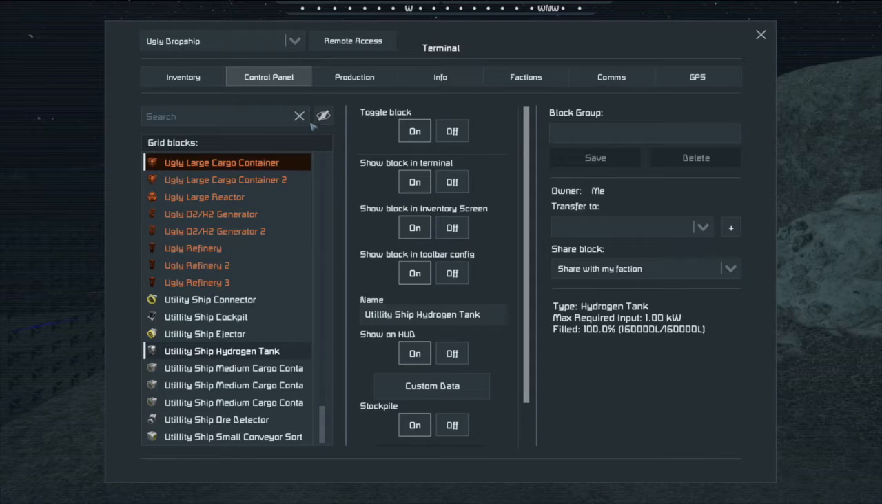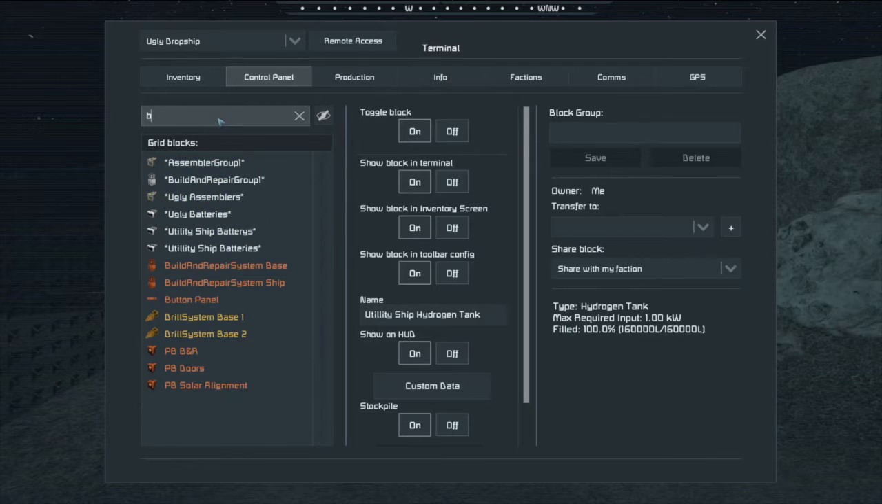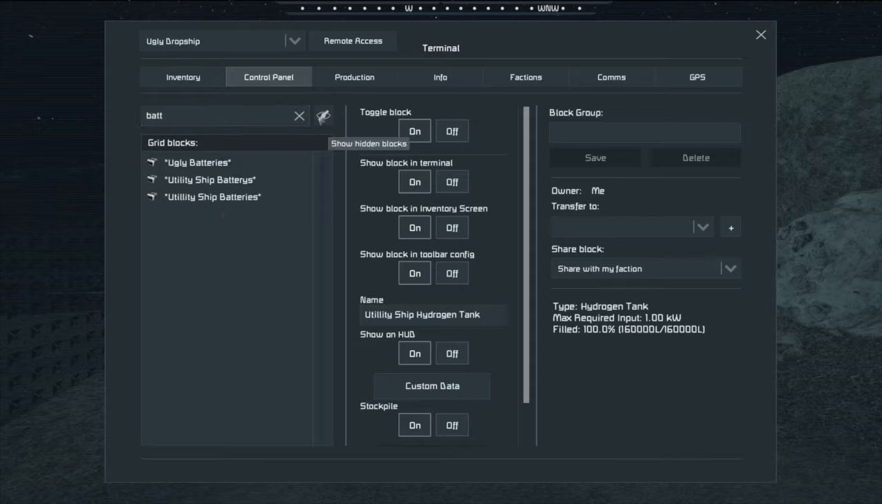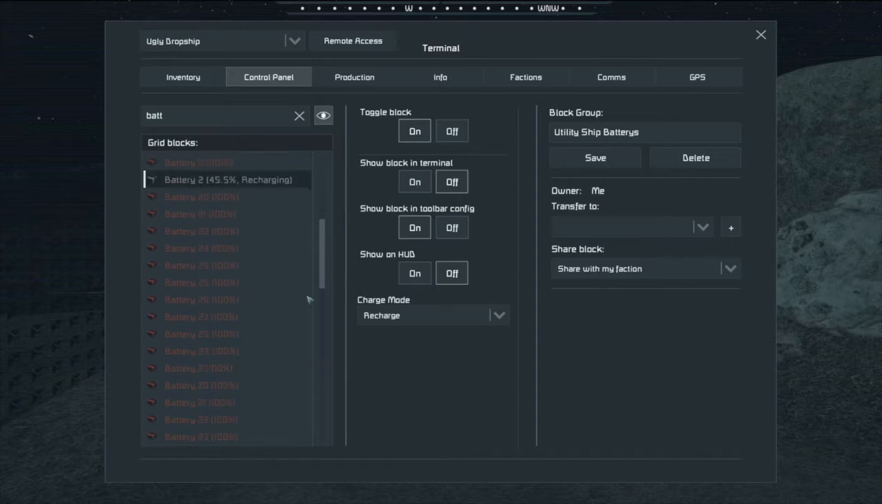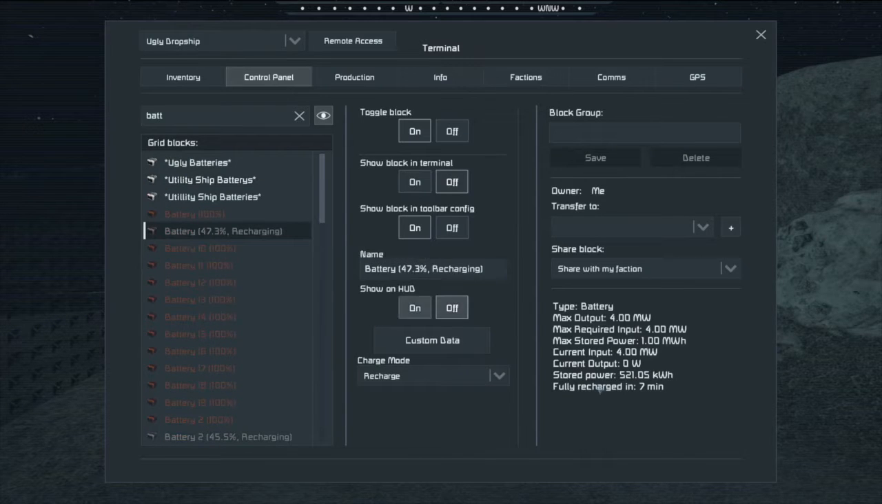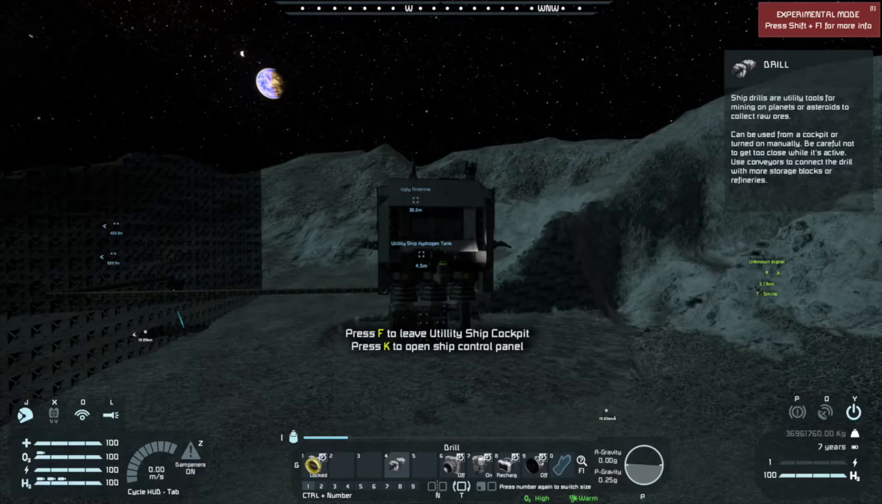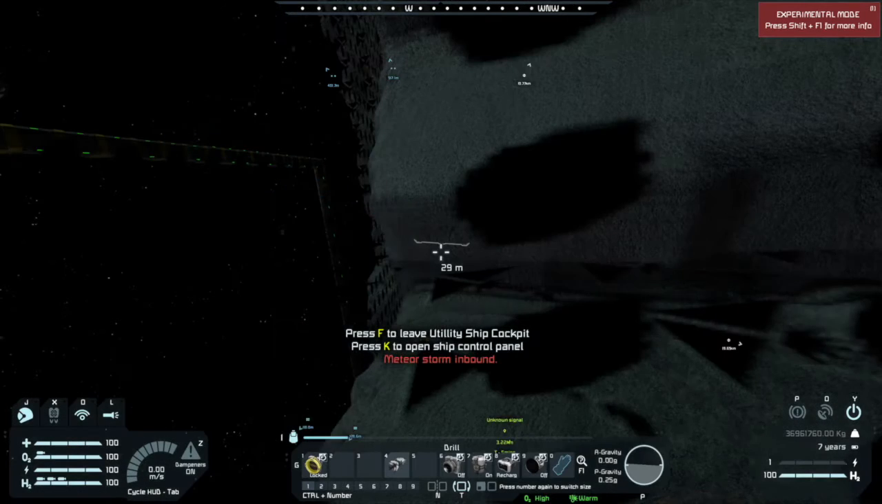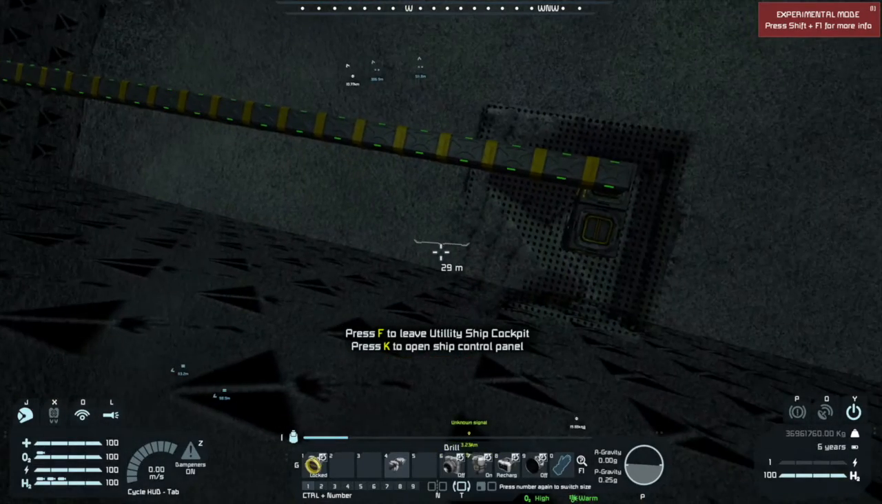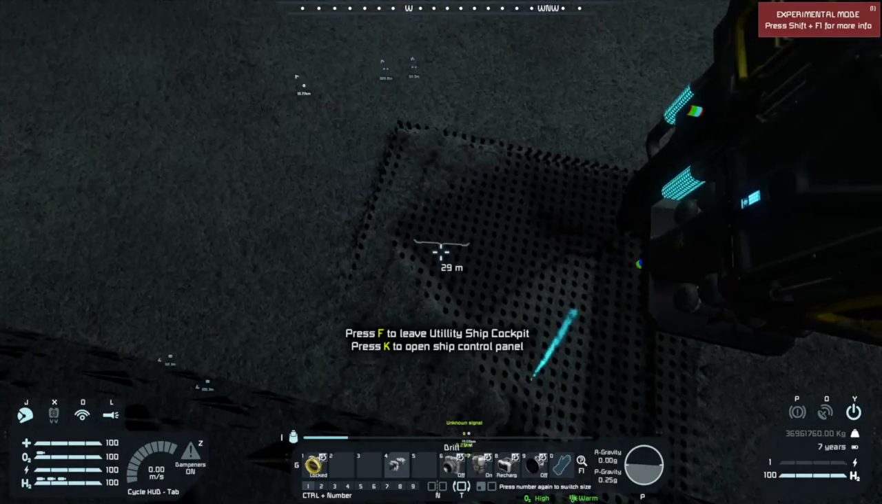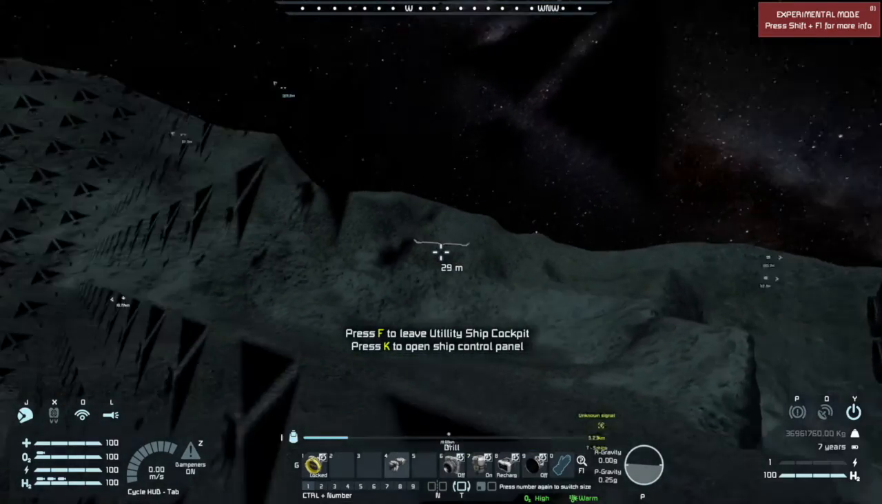Couldn't I see it? That's because it's down here. Utility ship's batteries, 47%. Recharging. So this one will be recharged in 7 minutes. Right. What I am going to do when this storm is done, Meteor storm inbound, and this one is filling up nicely. Cool. That is that. I will go over here to